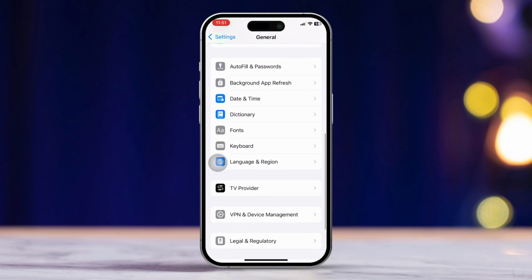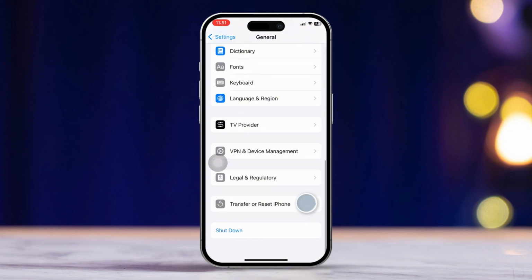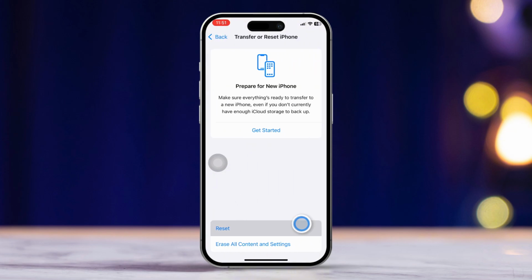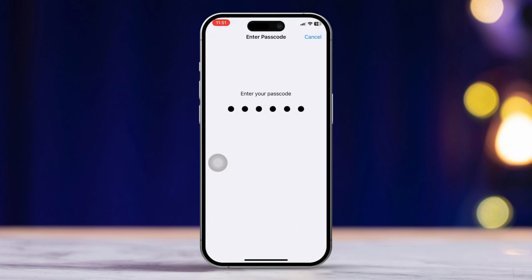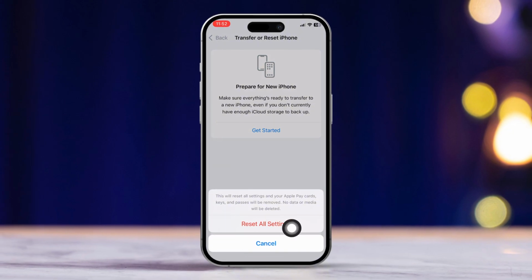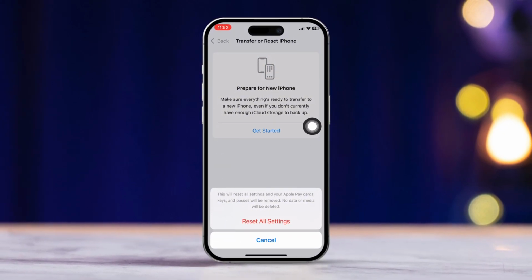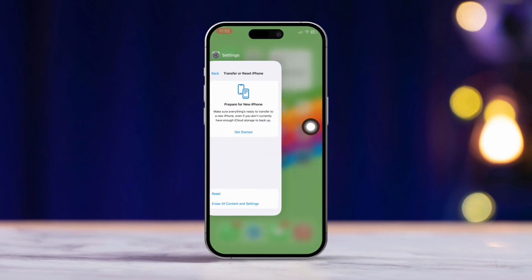Scroll down and tap on Transfer or Reset iPhone. Tap on Reset. Then select Reset All Settings. This will only reset your network settings and won't delete any of your data, just restoring settings to default. After completing these steps, your issue should be